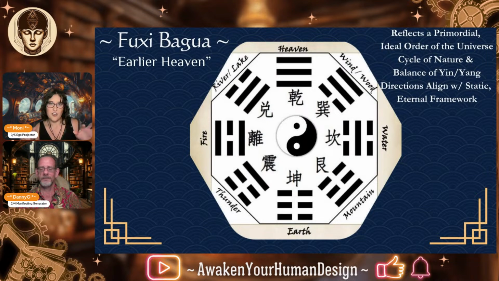And you can actually look at that in all the directions, right? If you look at fire on the right, it's yang, yin, yang, whereas water on the left side is yin, yang, yin. And you can do that on all of these directions to see that it's this static eternal framework of what we're talking about. So this arrangement of the trigrams is just that perfect balance of itself. And part of the beauty of the symmetry along with our genetics is like the picture before where we finally got to the TCGA and you saw how they lined up,